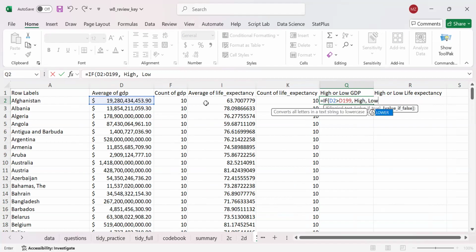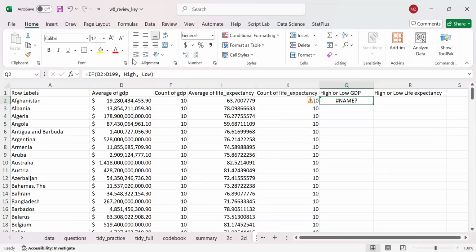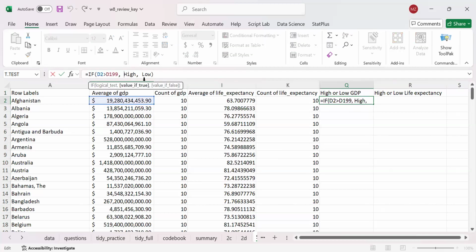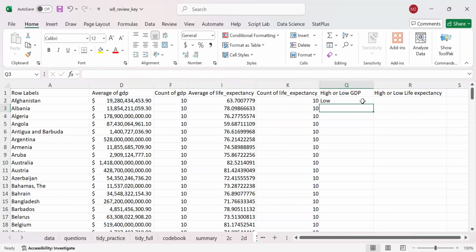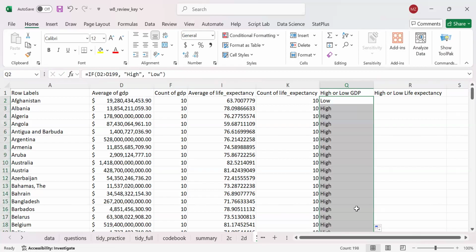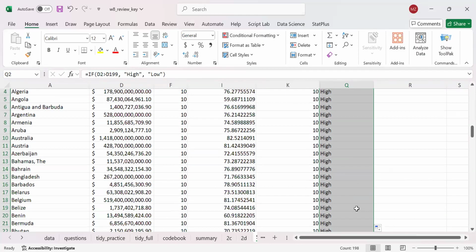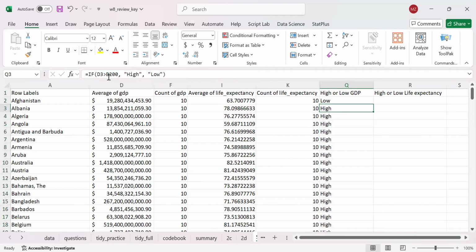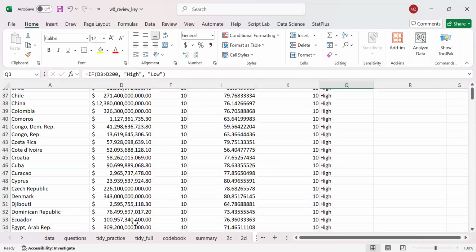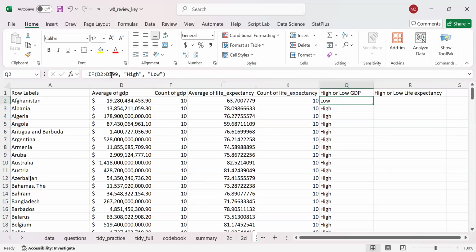Otherwise, say low. And you can drag it. Oh, sorry. You have to keep this constant,